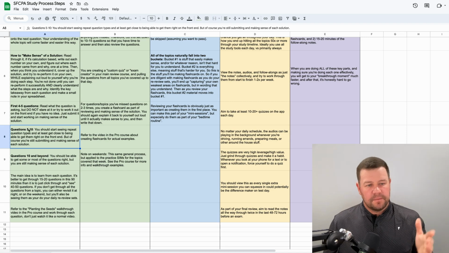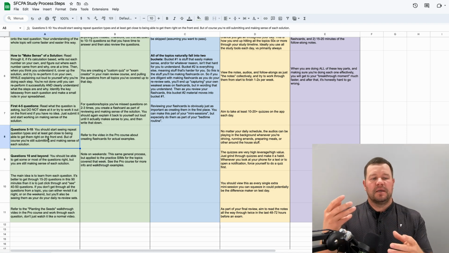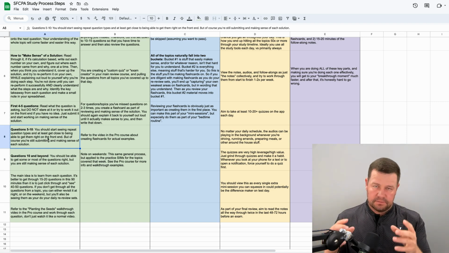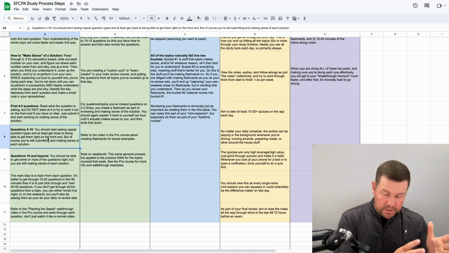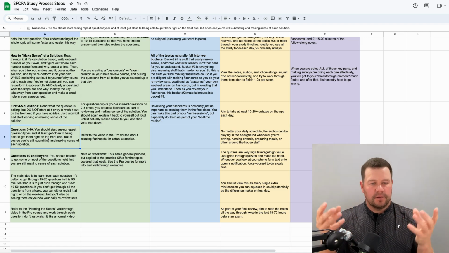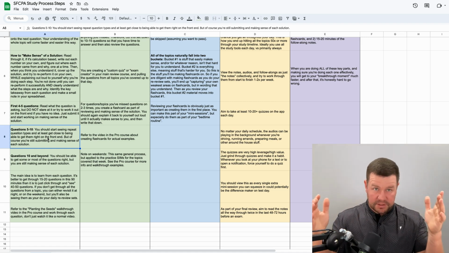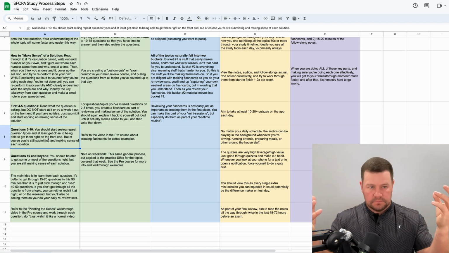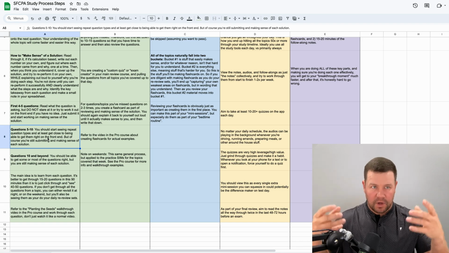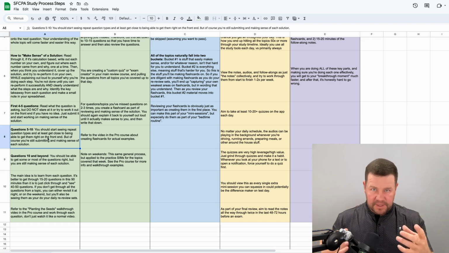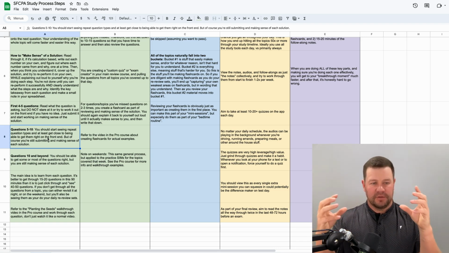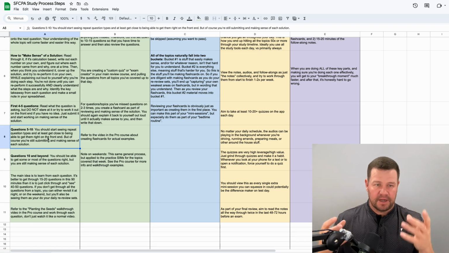It's only when, maybe through questions 5 to 10, this next step, you start seeing repeat question types. Obviously not the same question word for word, but, like I said, within 30 questions on one topic, pretty much always the questions will really funnel down into the same 4 to 5 things that those questions are all kind of hitting on or getting at.